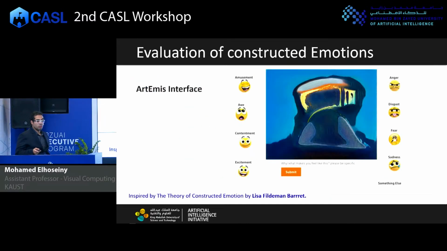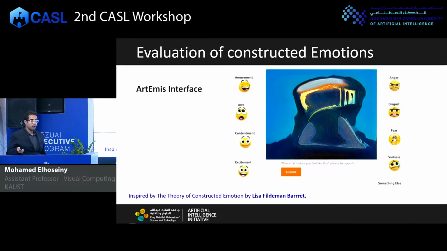And we wanted also to see if actually these generations are meaningful. So to do that, we asked people to annotate constructed emotional experiences in response to the generated images. We asked people, how do you feel about this image? And asked them to write in no less than 8 words what they actually felt. If they felt nothing, they would choose something else and say that this is not a meaningful image. But if they had actually meaningful emotions, they had to pick one of these 4 positive emotions or 4 negative emotions, and then write in a description what they actually felt.